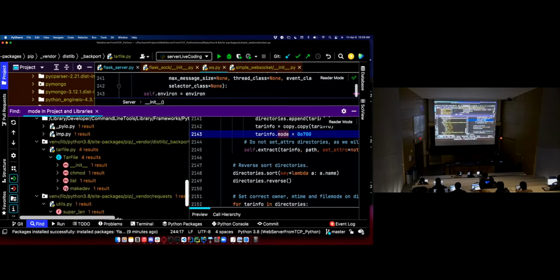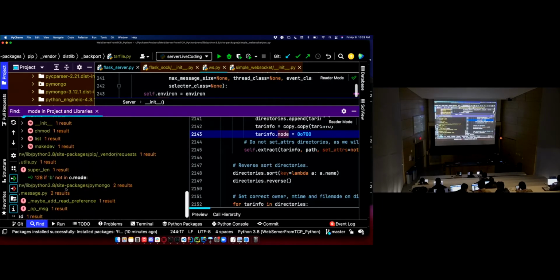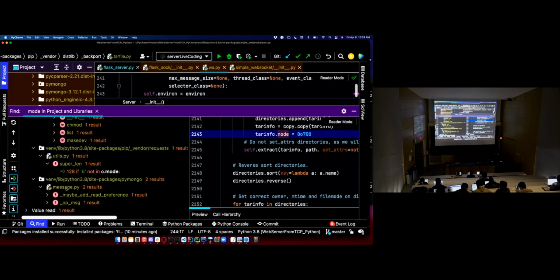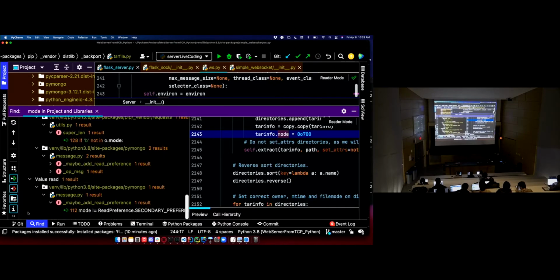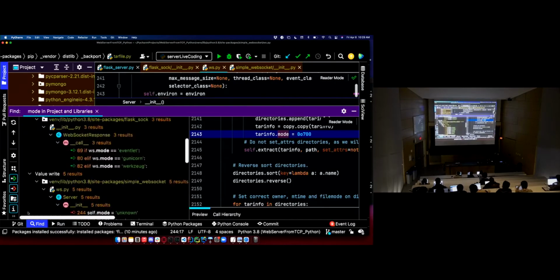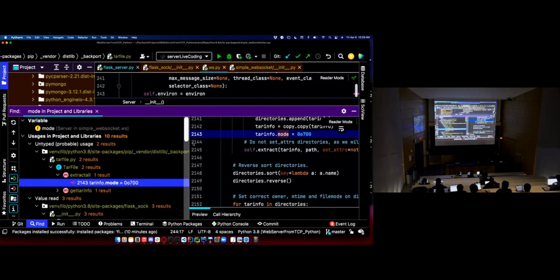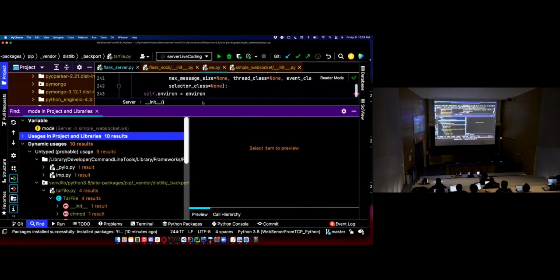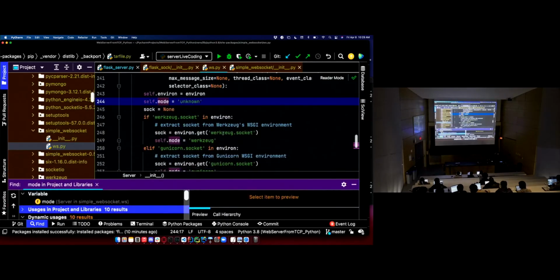Command line tools, I don't think that's where we want to be. Vendor requests, PyMongo, it's probably not the same variable. All right, well, that's a bust. So what I want to do